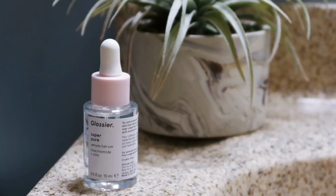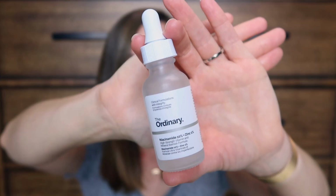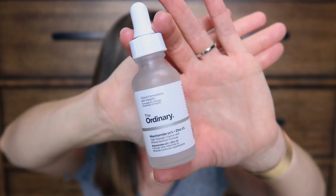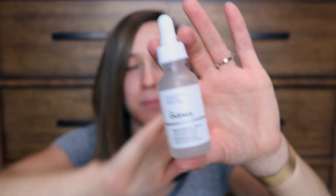I always used to pack my Glossier Super Pure serum with me when I traveled, but when that ran out recently, I wanted to try something different, so I picked up the Ordinary Niacinamide 10% and Zinc 1% high-strength vitamin and mineral blemish formula. I've been using this serum for about a month now, and it does an awesome job at keeping my redness and breakouts at bay when I am dealing with some acne, whether I'm at home or